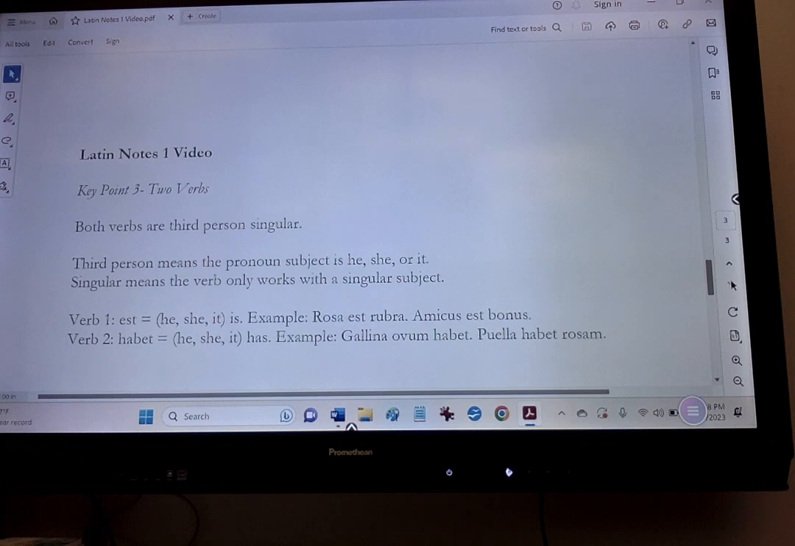Notice the word order in these sentences for Latin isn't always going to match the word order in English. That's normal, right? So for the first one, galena ovum habet, I wouldn't translate that as chicken egg has, because that just doesn't make sense. Make sure these get into your notes as well. You're going to need this for your classwork and your